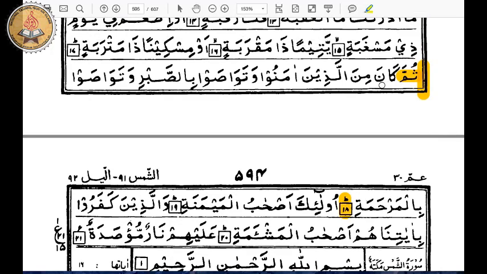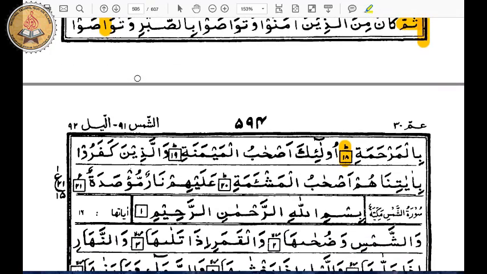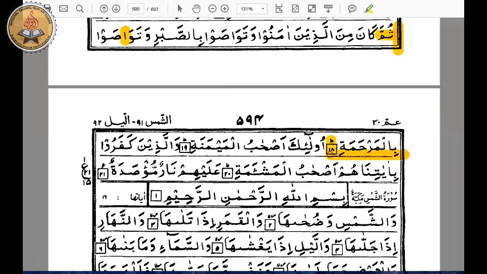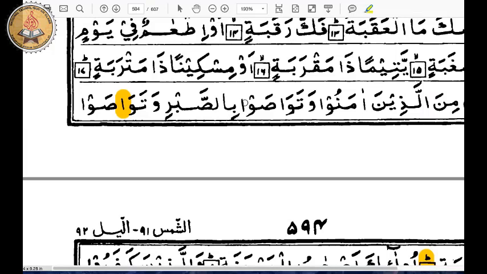And if you can read from Thumma up until the end of this verse. ثم كان من الذين آمنوا وتواصوا بالصبر وتواصوا بالحق. Sorry, there we go. Yeah, so watawasaw, and then carry on from here. وتواصوا بالمرحمة. Okay. So over here, in both of these places,